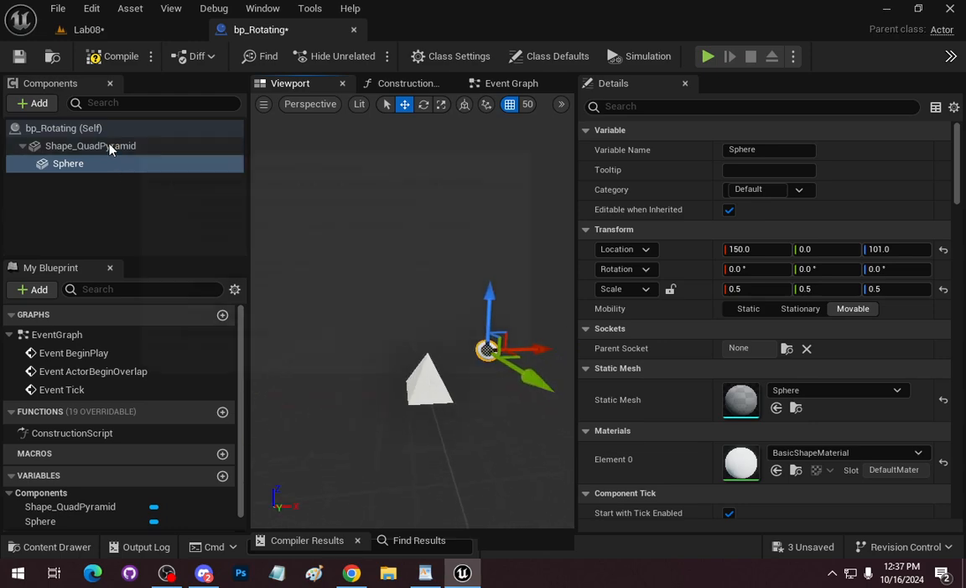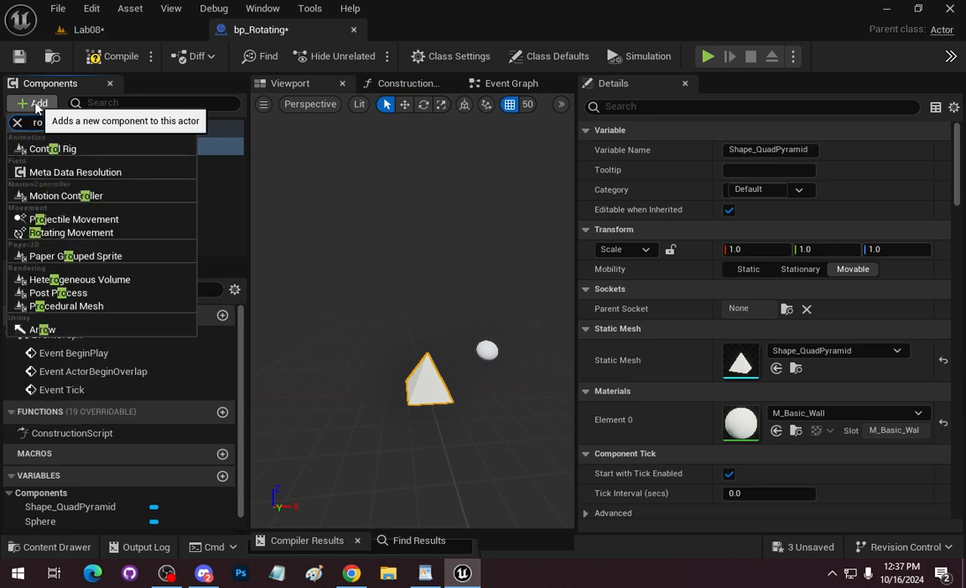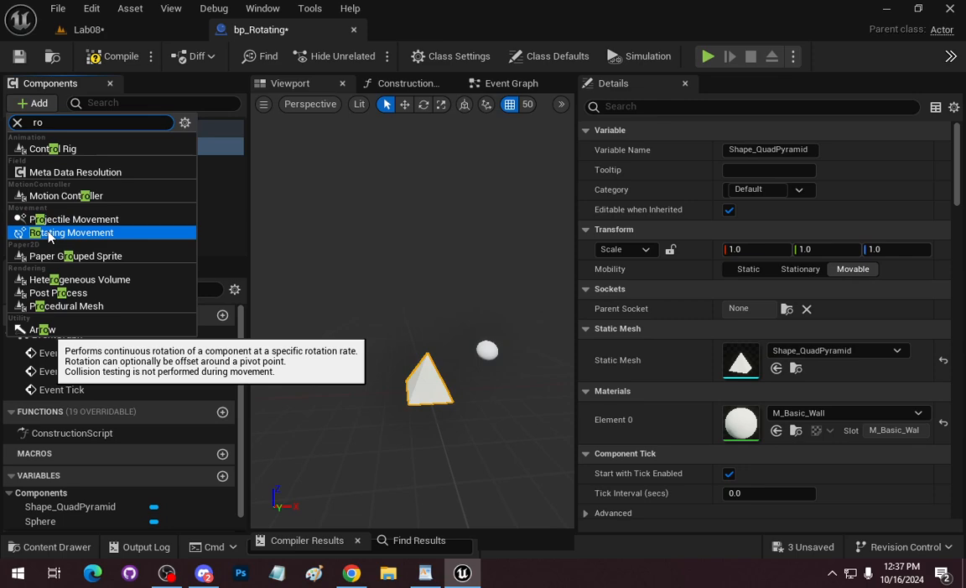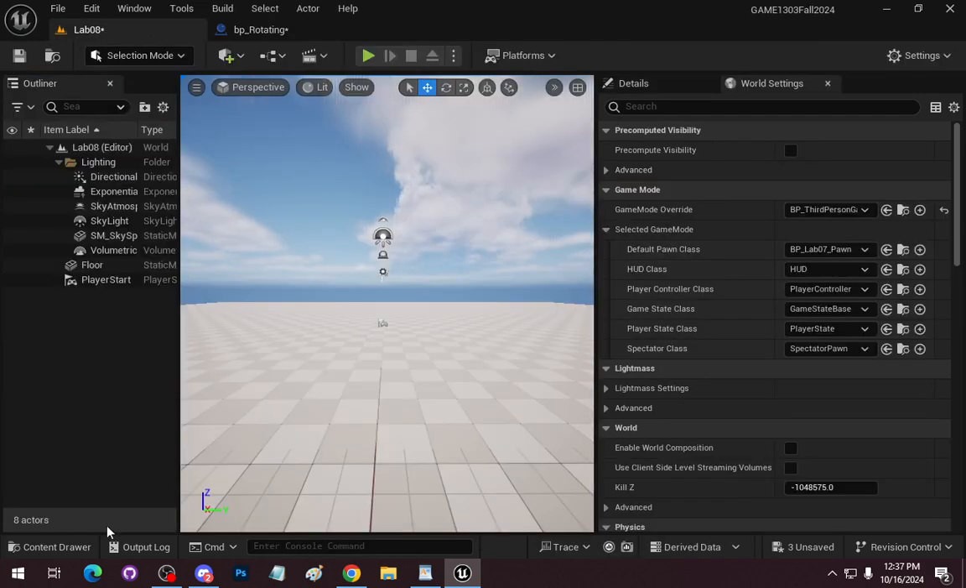And what we did with what they said is they added a rotating movement component. Yeah, that's what I should have been using earlier. And they want to just basically set a rotation rate. They're doing 180. And so when we compile and we go back into the world and we drop,